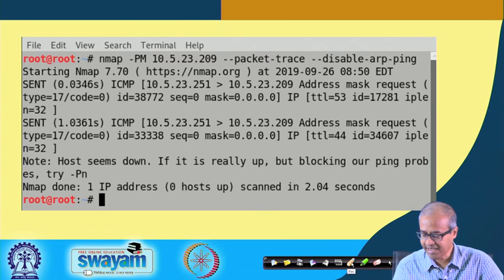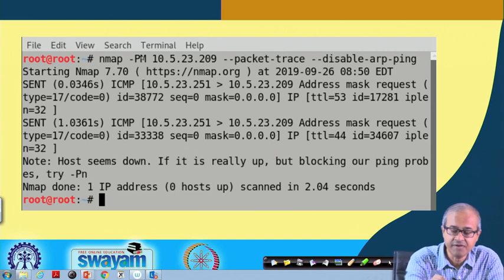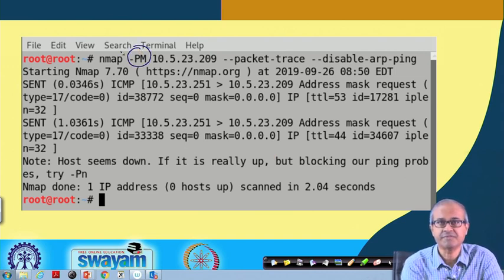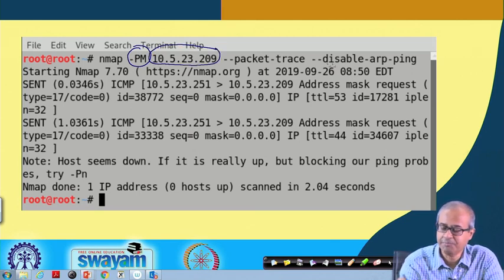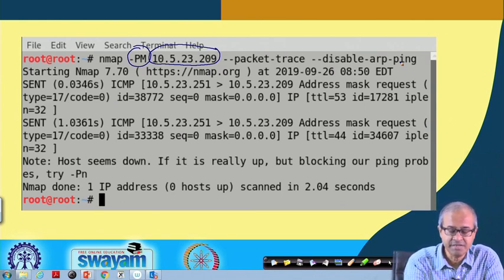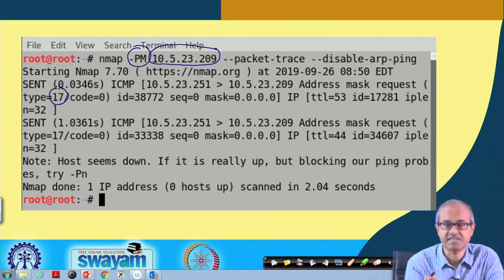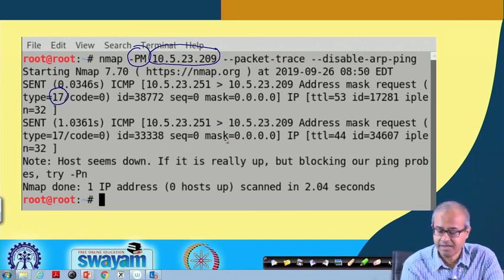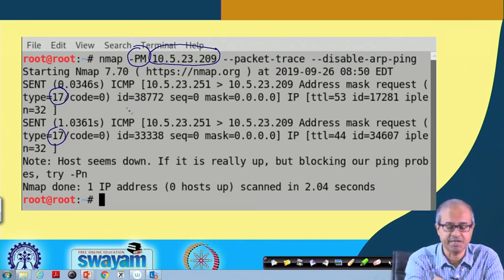Similarly, for the address mask request, you can give the -pm option. The rest looks the same. Let us say we are querying this particular host, with packet trace and disable ARP ping, same kind of options. Here again you see you are sending an ICMP packet whose type is 17, and 17 means address mask request. And you are sending another request. So, 2 requests are being sent because a response was not obtained.